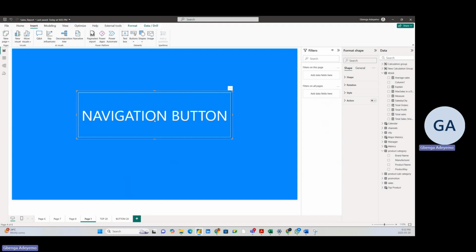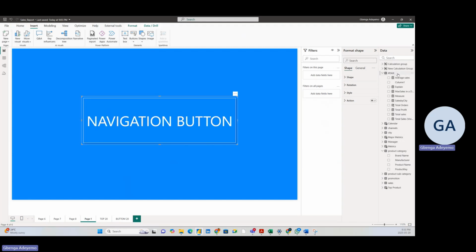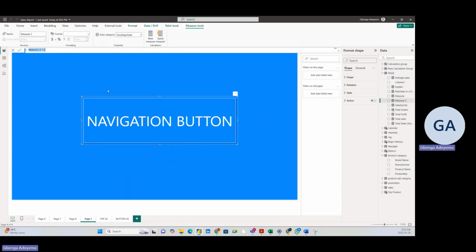Now, what I'm going to do is go to my hash DAX here, right click on this and create a new measure. I will call it navigator DAX, or Nav DAX. And I'll say equals to IF